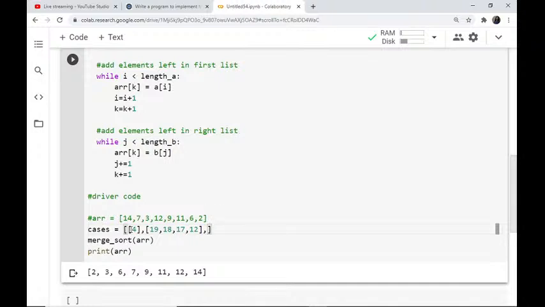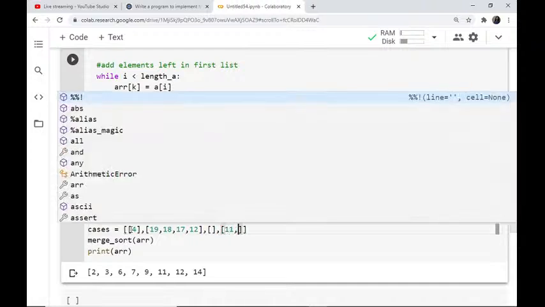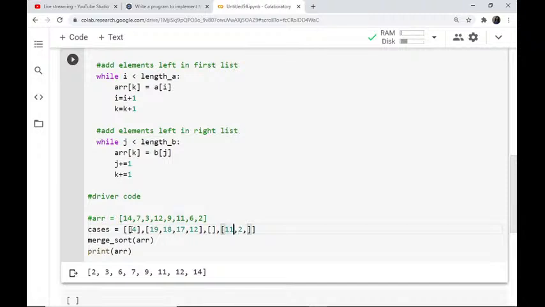And then I can have one empty array. And then I can have an array that will contain a sorted array, 1, 2, 3, 4, 5. This is a one element array. This is sorted in descending order, and this is sorted in ascending order. And then I can